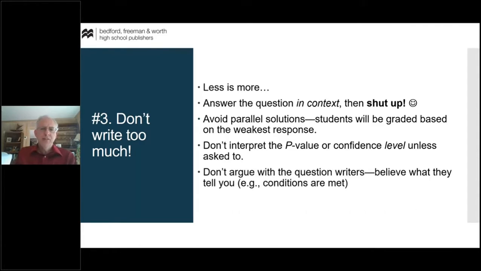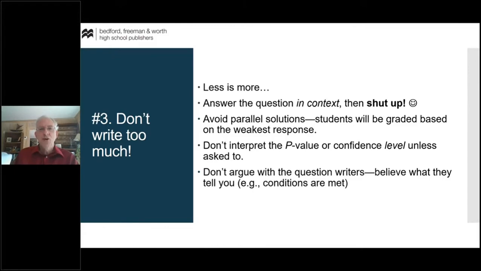This is an interesting one. All 3 of us have been graders for a number of years, and we've seen students argue with the question writers. That is, in their response, they'll say something like, well, I don't really know how you could have taken a random sample of butterflies in this forest. Fascinating to know that. You may be right, but it's really not going to get you anywhere to make arguments